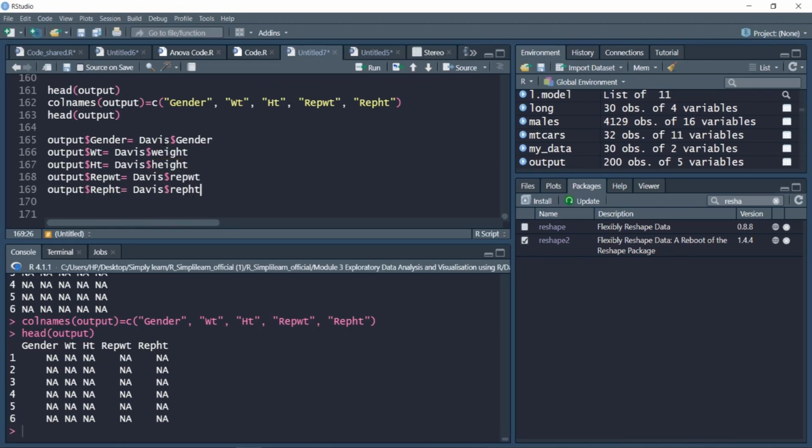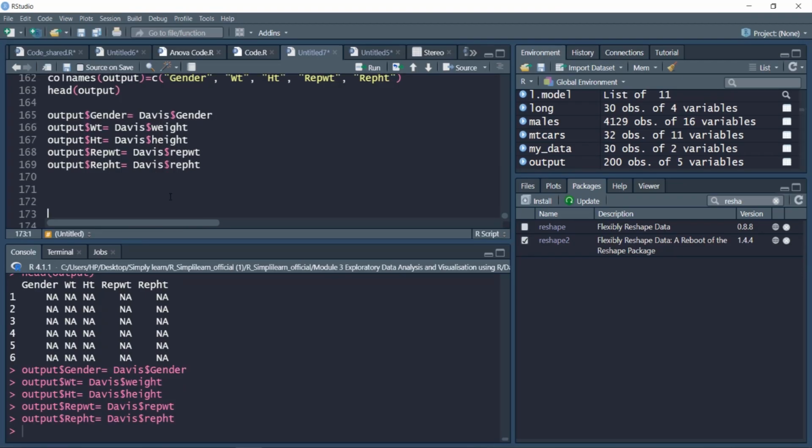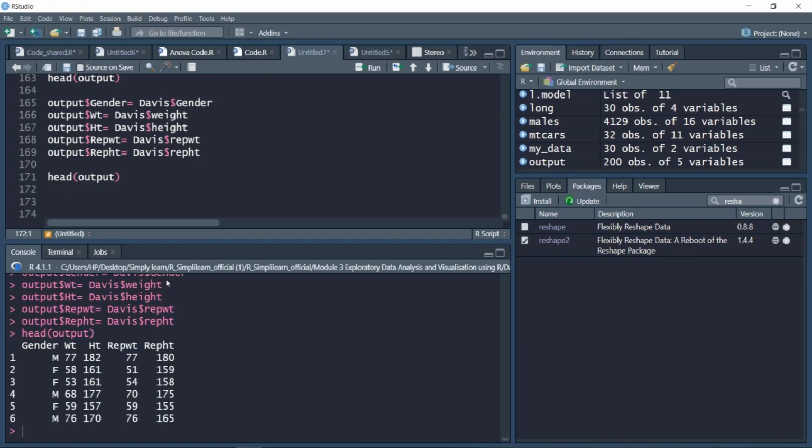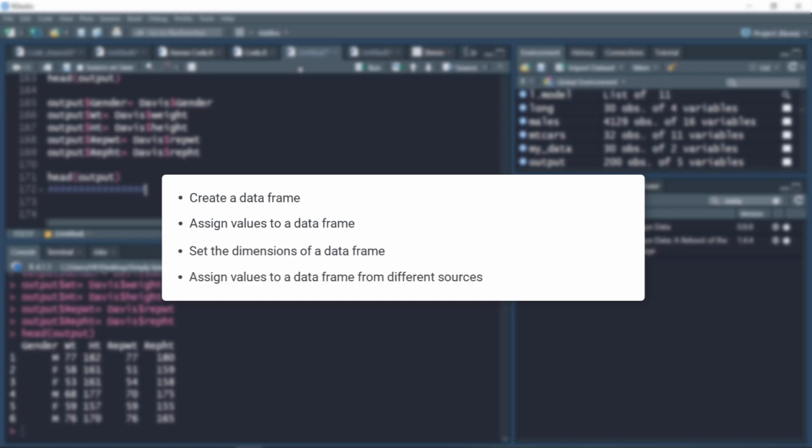So in this fashion, we have created this output variable which has similar dimensions as Davis data, and for practice we have assigned this output variable the same variables as Davis, like this. So it has gender, weight, height, reported weight and reported height variables. In this video we have learned how to create a data frame, how to assign values to that data frame, set its dimensions, and then assign values from different sources.